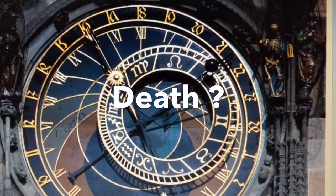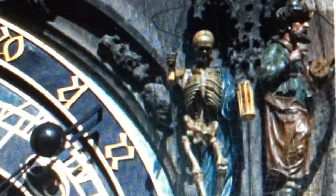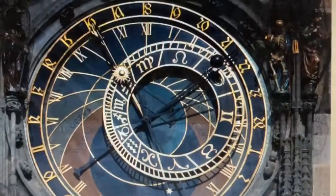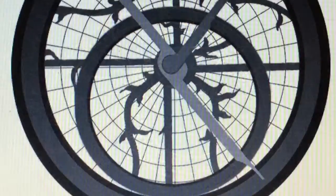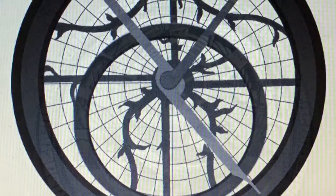Death, yeah. You see the skeleton in the upper right-hand corner? There's death involved with this stuff. See, there's a skeleton, the death skeleton. There's all kinds of stuff. There's a dark side to the astrolabe. There really is. But that doesn't mean it can't be used, look here in the background, for just navigation purposes